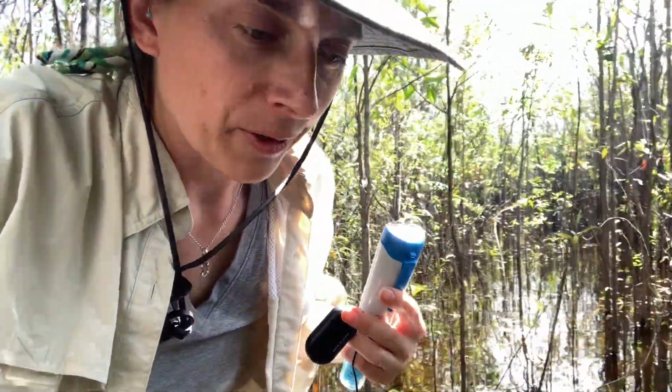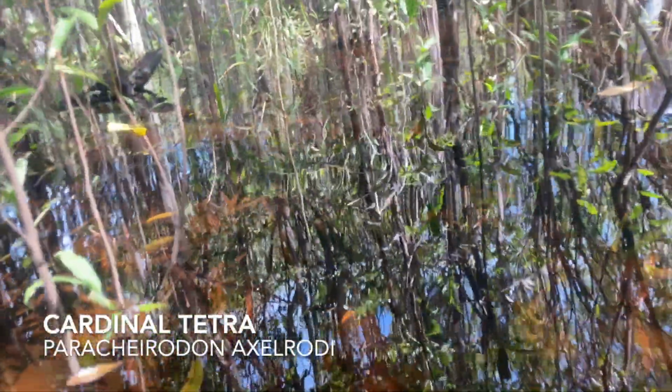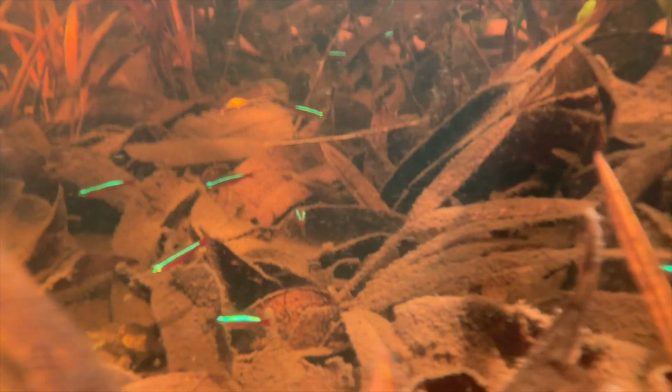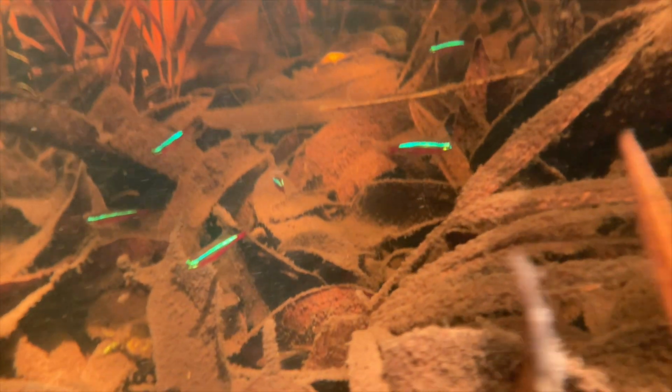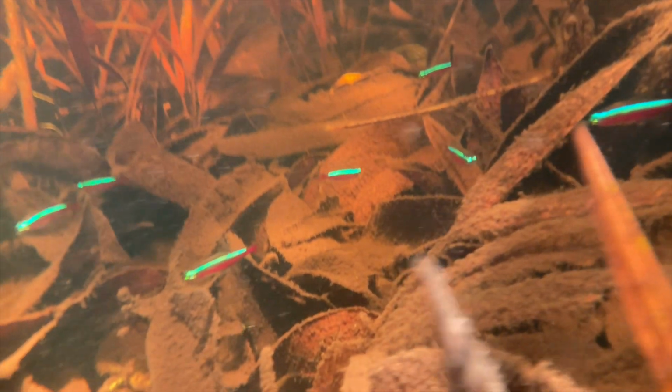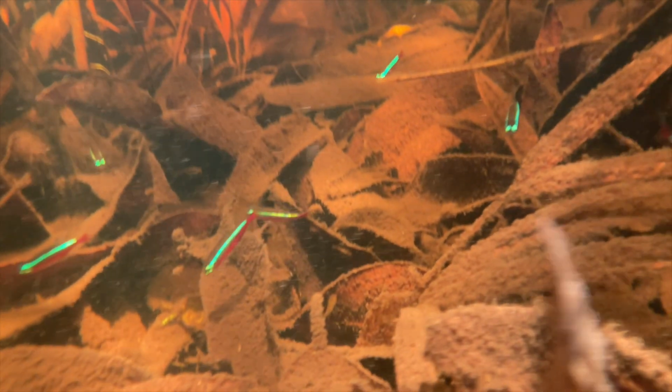But I just saw 3 of them go by, so I'm gonna go ahead and take some underwater video for you, because I'm really excited to show you. As we submerge the camera here, I'd like you to notice just how darkly stained this black water is, and this whole shoal of cardinal tetras that was just very interested in what was going on right here where I was standing. And I actually had to stand still for a very long time in order to wait for the